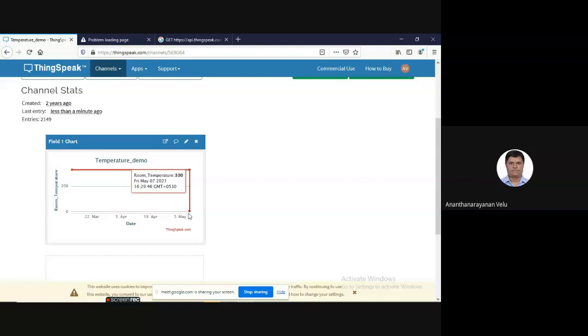Okay. Now I am connecting that to 5 volt. After 15 seconds, it should rise to 330. Wait for some time. These are all the points where different values were measured.